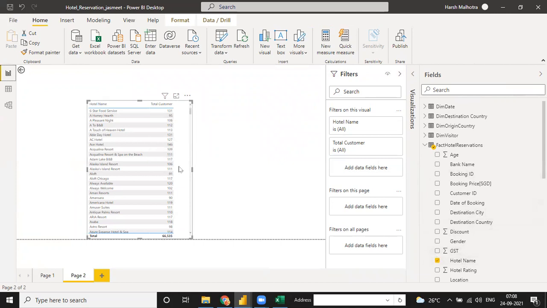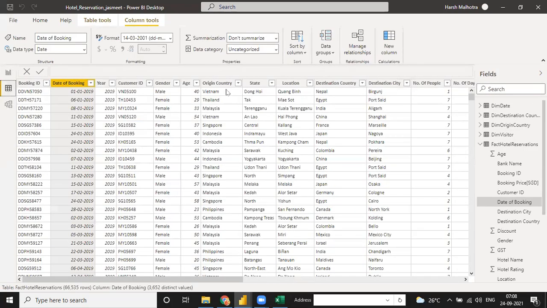Yeah, now it's done. And for total visitor and unique visitor, we also have to do it from the fact table only. See, under this dim visitor, you have the same number of customer IDs, and under this hotel, the same number of customers. So that is the reason that visitor under the dim table also has 66,535 when you check.